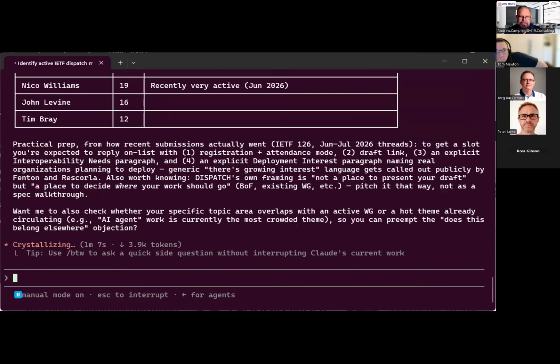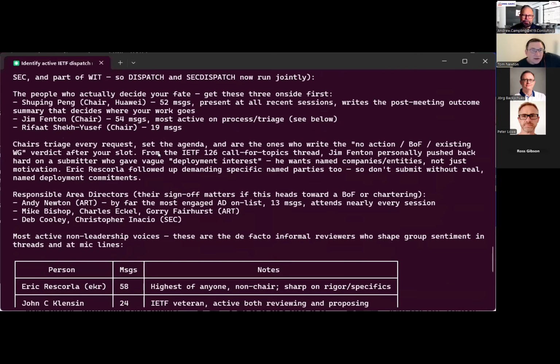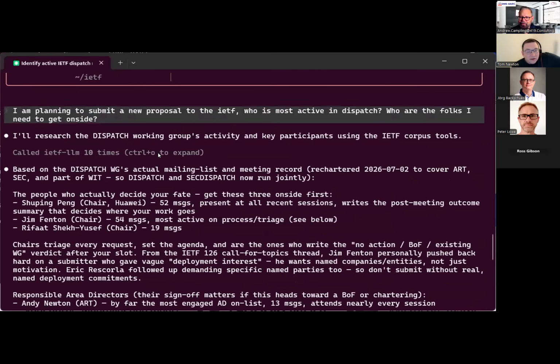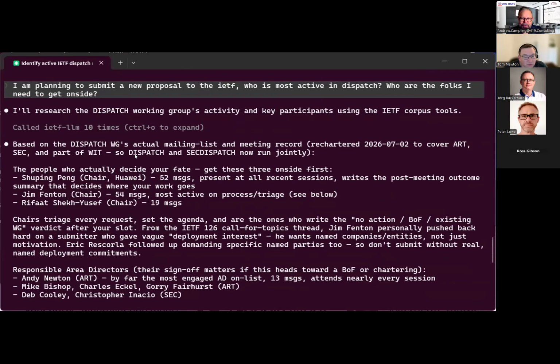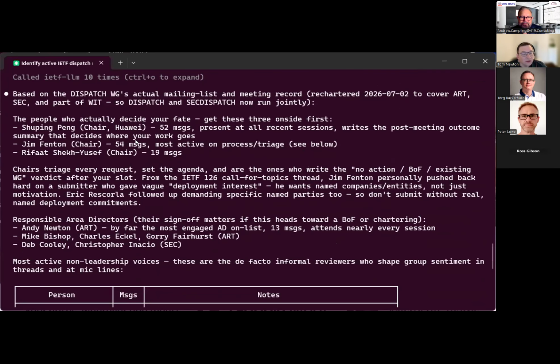Just while it's thinking, that's the conversation you have with a lot of people, but it will take a long time, or you might be very lucky just to get a random cross section of people that will give you an informed view, as opposed to trawling through what's happened over the last 4 years to provide an opinion. Yeah. So as you can see, it's pulled that together really quite nicely.